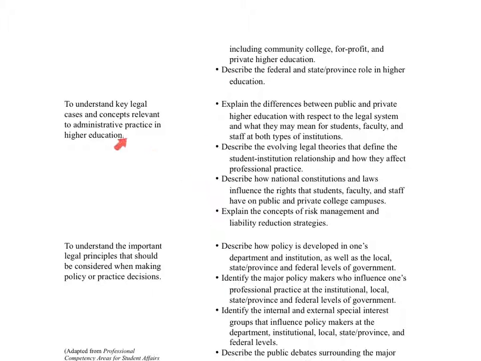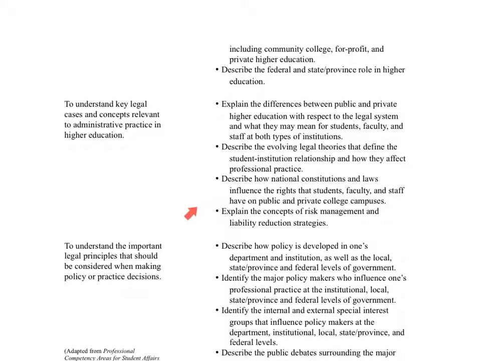You'll notice that, again, I've gone to the next page, and there are 3 goals, and you really are going to be learning basically how to understand what the key issues are in higher education law and what kinds of things you need to be able to do as a student affairs professional. In particular, you're going to see some things about the difference between public and private higher education systems and what that means for how you work with students. And there are some differences if you work at a public institution as opposed to a private institution.